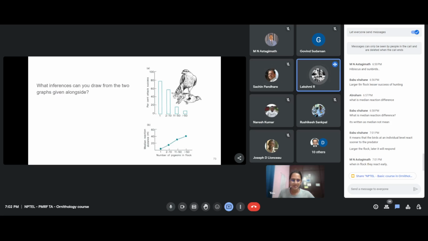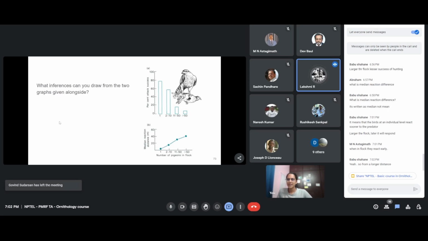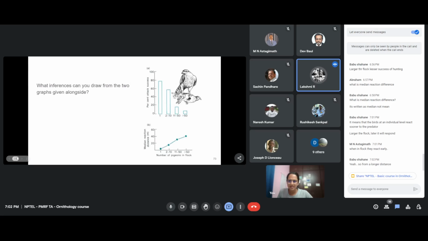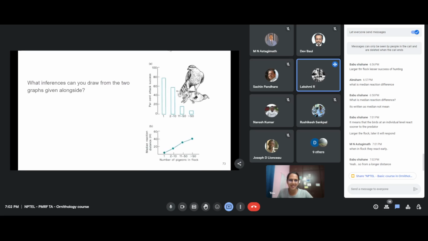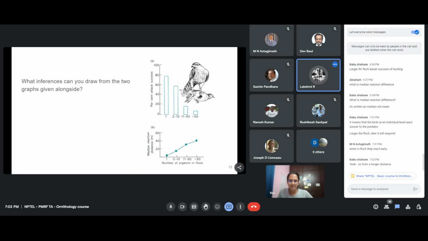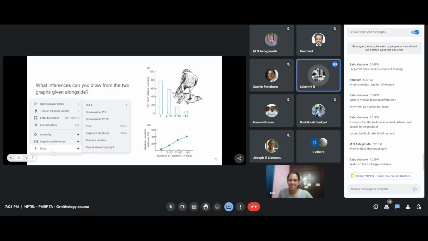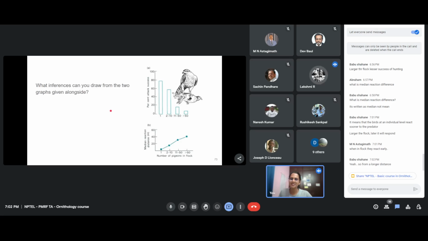Maybe the outer birds in the flock, where the birds are on the outer side, sense the predator much faster, and that's why they can sense the predator from a long distance also. Like the birds in the center, they don't have to rely much on their intuitions. They can just follow the group. It's like the safe in the mass hypothesis. Okay. Did you say safe in the mass hypothesis? No, not mass, ma'am. There is one hypothesis, I forgot the name.